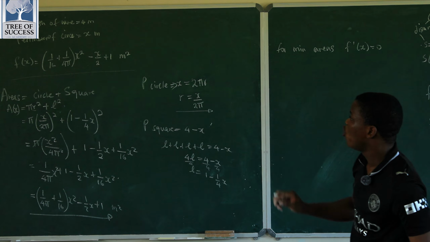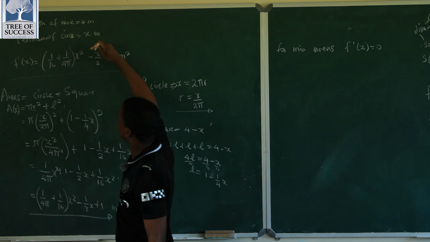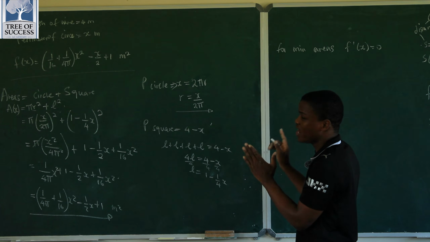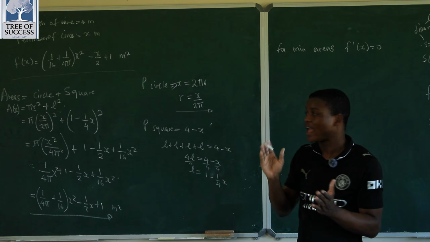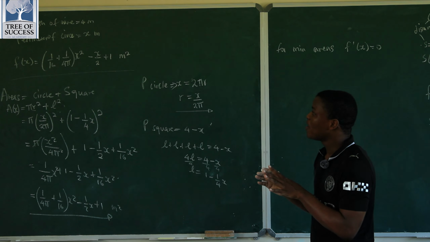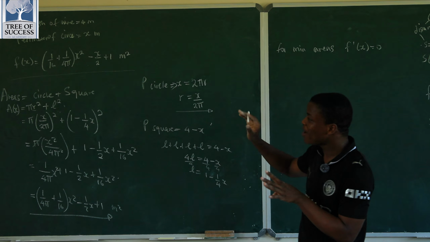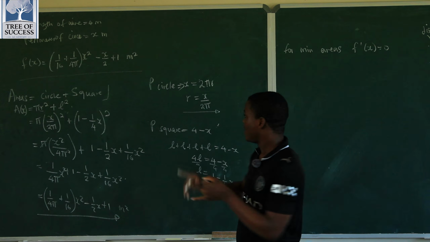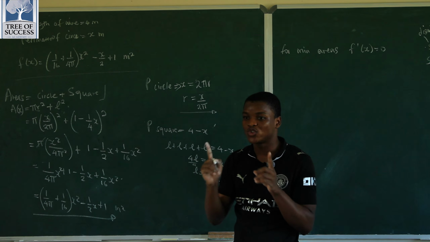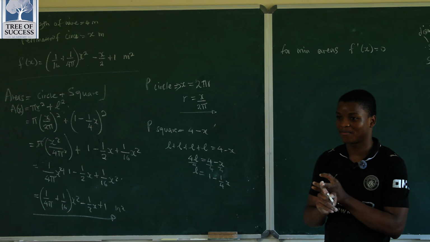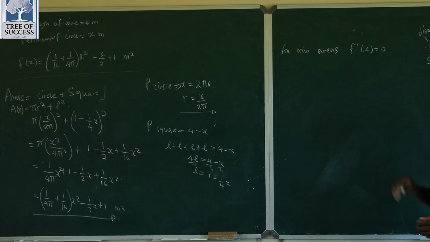Now when you solve for x here, you will find that the length or perimeter of the circle must be so much, and then the other one, the one that remains to make the square, must be so much, right? So I'm sure the length of the whole wire was 4 meters. So now the question wants us to find that for the two areas to be a minimum, the circle must be so many meters and the square so many meters. The piece that will make the square must be so many meters, and the piece that will make the circle must be so many meters. Is it clear? So now we have to derive here, get the derivative, and then equate it to 0.